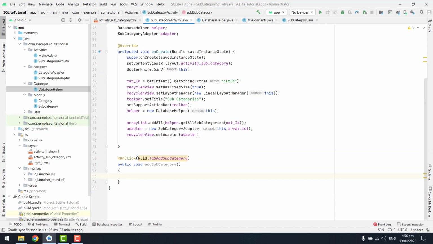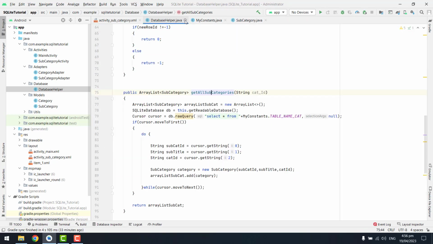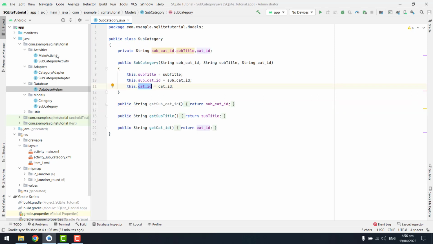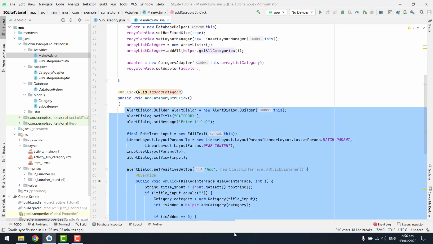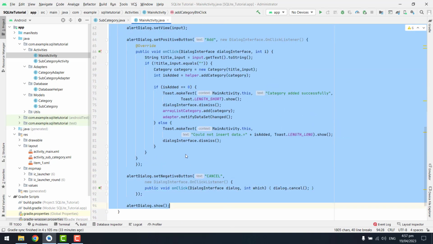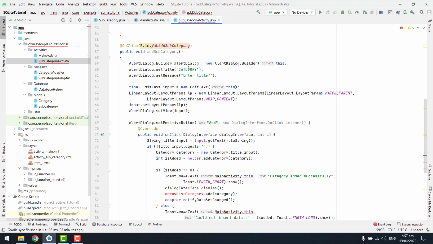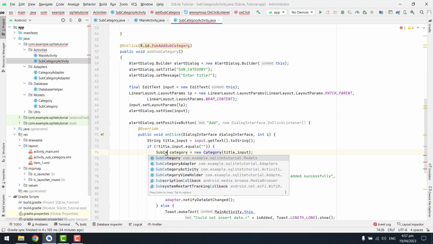and for this we have to now display the alert dialog. So I will just copy that from, let me just delete all the, sorry guys. So here inside our main activity we just need to copy this alert dialog and paste it here inside our subcategory activity. But for that we will create subcategory in the title, and we will have add, and in here we can say subcategory